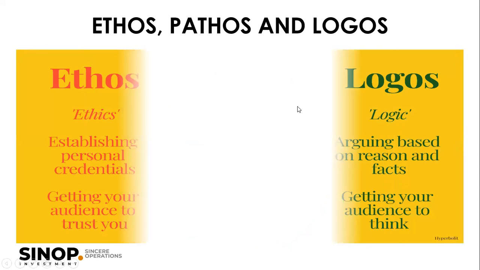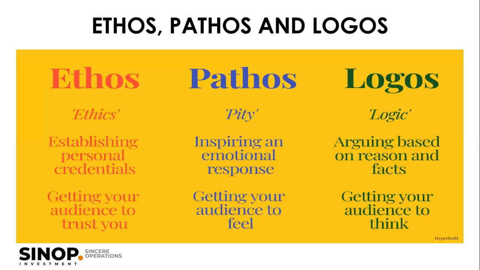Now, what exactly is pathos? What exactly is ethos, and what exactly is logos? Ethos is when you communicate to get your audience to trust you. Then pathos is when you communicate to get your audience to feel for you, to understand you from the point of their emotions, to connect with them emotionally. And then logos has to do with getting your audience to think, arguing based on facts, using reasons. So you give them evidence, you make it simple logic, something that when they think about it, it really makes sense. There's no way they can doubt it.